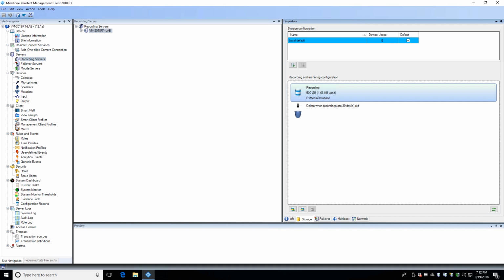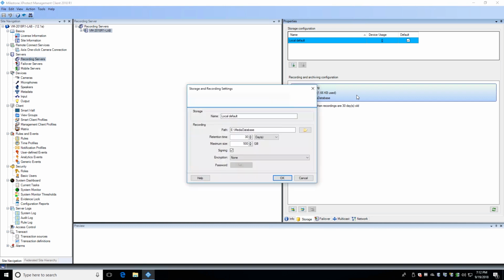In our first example, we've got our initial storage container defined. This resides on drives that are fast enough to handle all the cameras on the server detecting motion and needing to store video simultaneously. In this example, we have our retention time set to 24 hours, and we've made sure that we have far more than enough storage space than we anticipate needing.